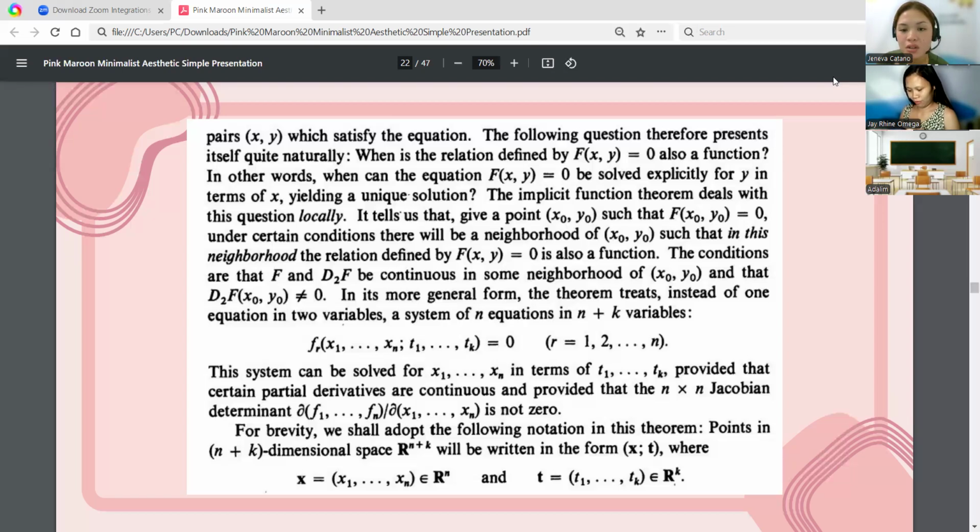In its more general form, the theorem treats, instead of one equation in two variables, a system of n equations in n plus k variables. Okay, so these are the formula or the example of that one, like f sub r of x sub 1 up to x sub n, t sub 1 up to t sub k equals 0, and